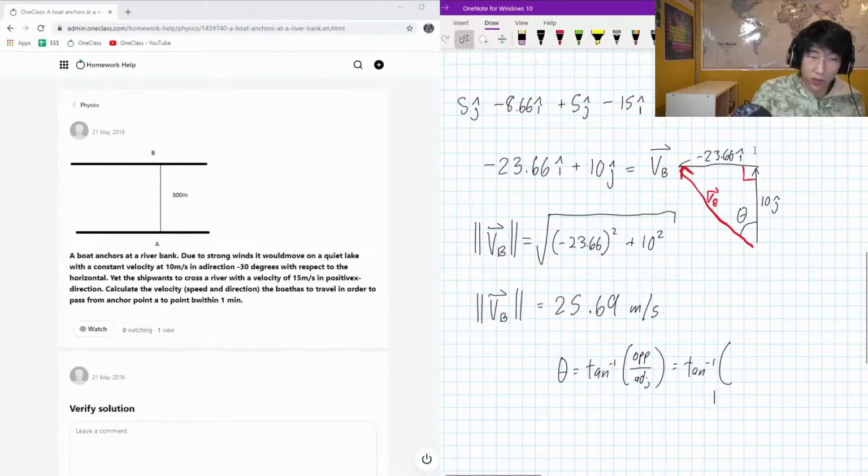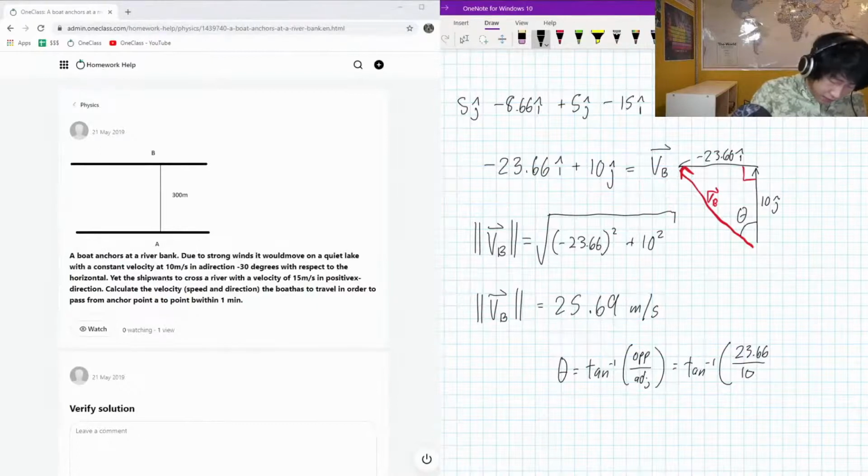We only need to really worry about the magnitude in this case, and how we're going to contextualize and give a sign to this angle, we want to go out visually. So just the magnitude is going to be 23.66 divided by 10. Nice and straightforward. Okay, so let's figure out what that is. 23.66 divided by 10. And we get our angle is going to be 67 degrees